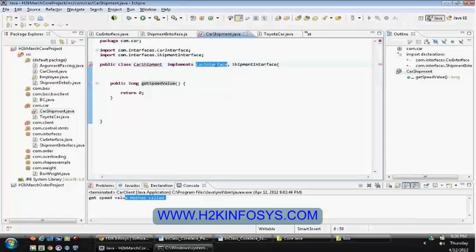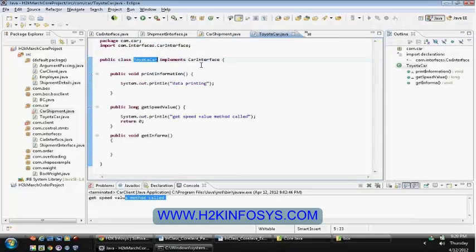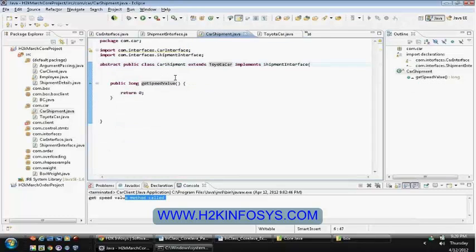So when you specify that you are going to implement this interface, you are taking the responsibility of implementing the class and providing the definition for those abstract methods. If you say that I am extending the Toyota car, because Toyota car is already implementing those abstract methods, in that case this is fine. You are providing correct implementation with respect to abstract methods, and you are directly extending Toyota car, which consists of abstract method definitions.